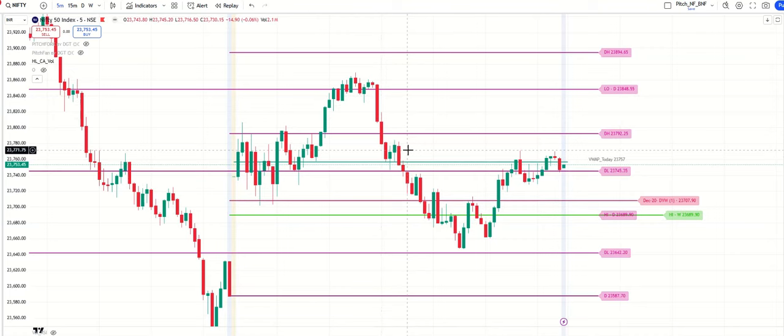Actually, I didn't post anything during that time because I'm occupied with some other activity. But if you see, when the back-to-back candles, the same funda, you would have actually gotten a PE. Even if you didn't, when this is crossing, I clearly posted there will be a CE opportunity. Let's look quickly at Bank Nifty.